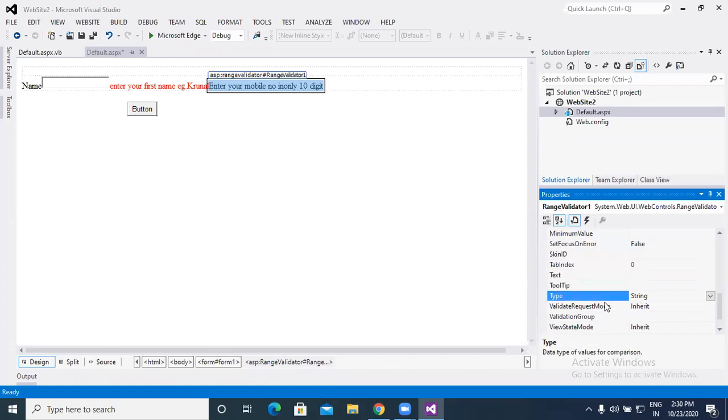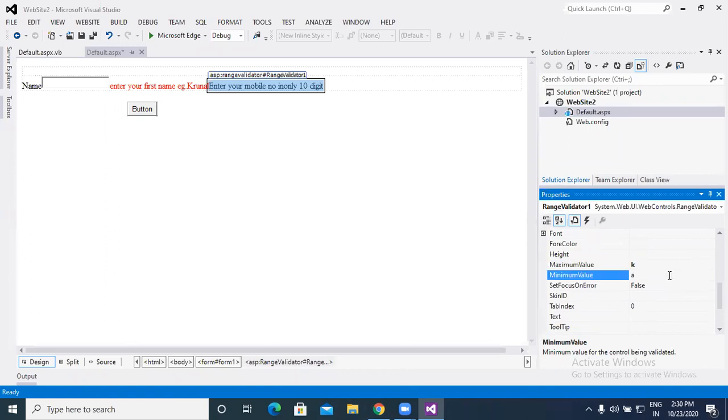Then tooltips, and the most important part, your data types. For 0 to 9, that is integer, so we can set the integer value. For string, if you put a value like A to K, capital A to capital K, or small a to small k, and a string in between comes, it is accepted, otherwise it displays the error message. So here we put the maximum value as K and the minimum value as A.